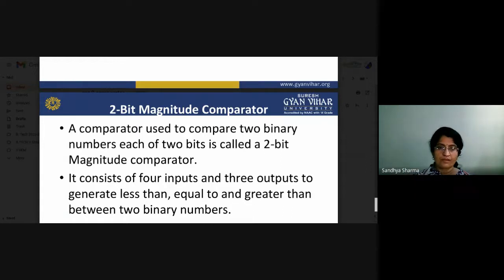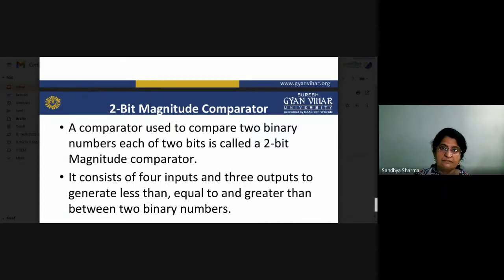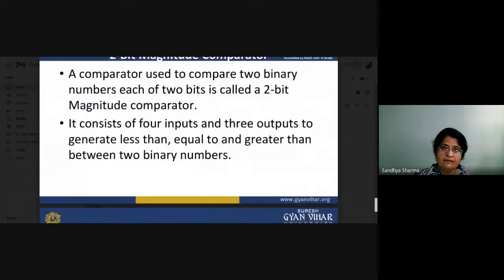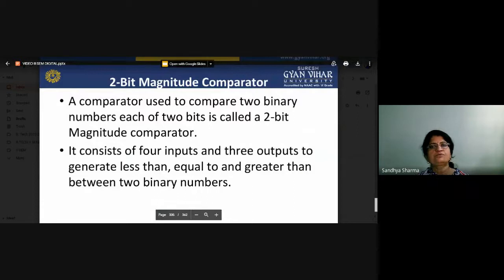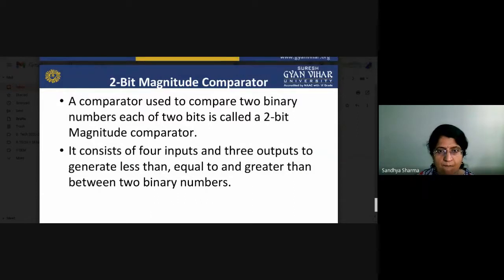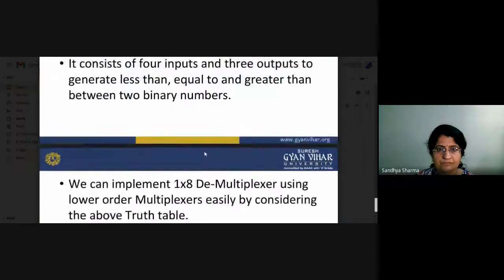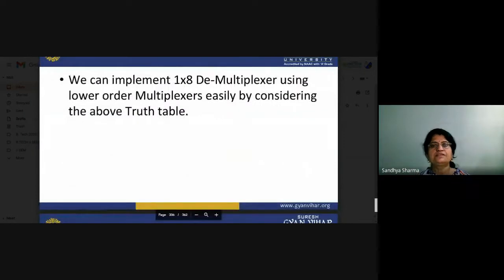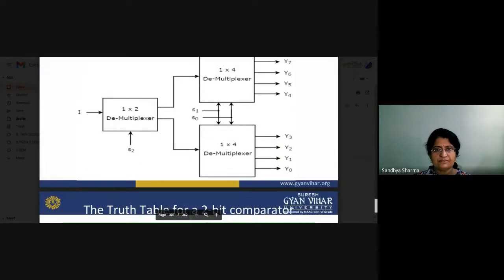It consists of 4 inputs and 3 outputs to generate less than, equal to, or greater than. So we can see it again, and we have to implement it in this way.